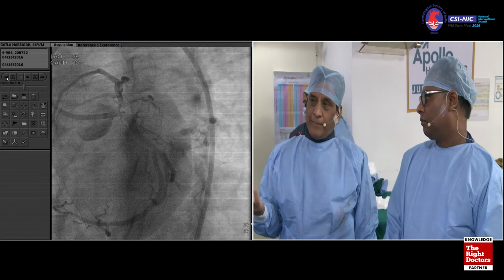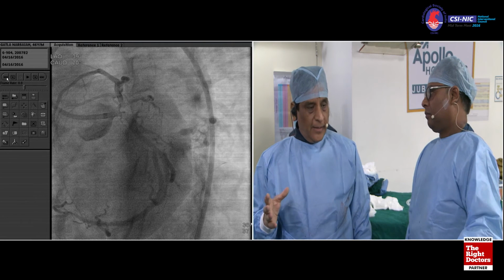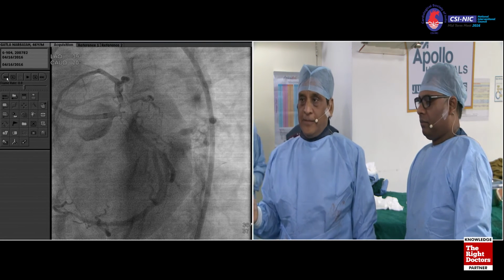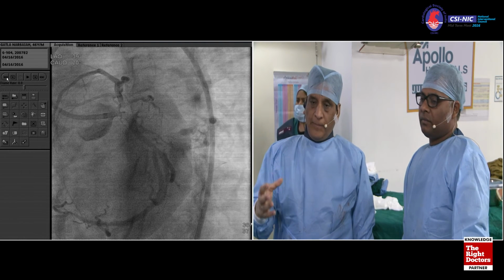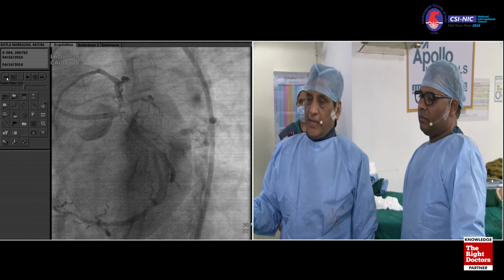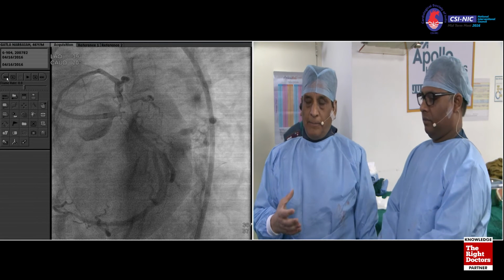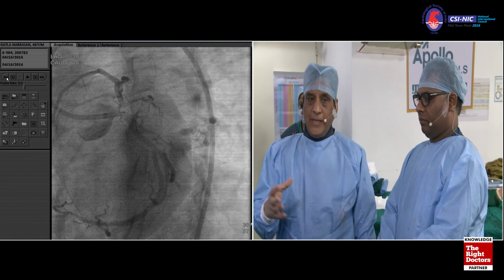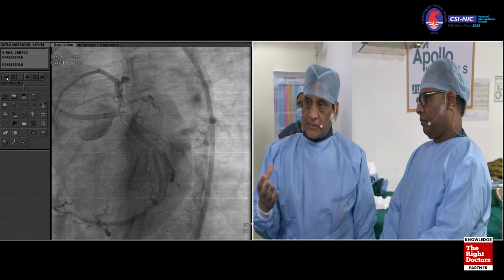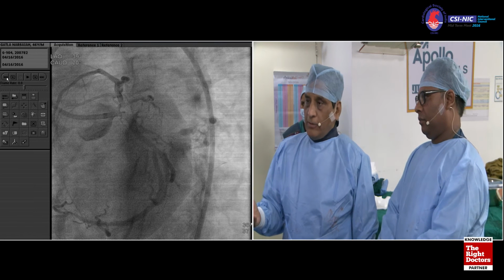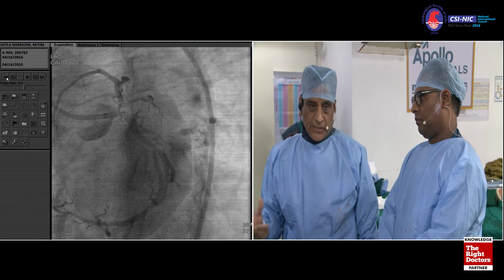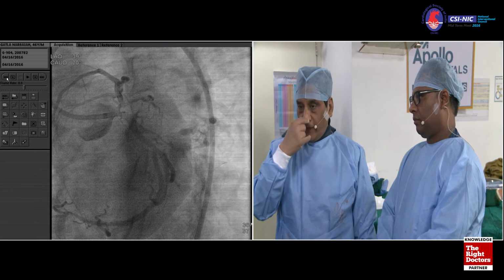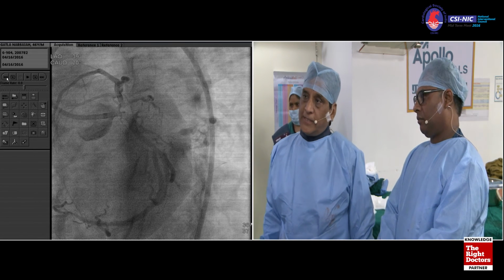My feeling is that in STEMI patients, although there is clearly no direct head-to-head comparison, some studies have shown that prasugrel gets platelet aggregation inhibition faster than ticagrelor, and some papers have shown it the other way around. So particularly in this case, which came with a STEMI and was started on prasugrel, I will continue that, and I would probably do the same thing in the United States. If it was a non-STEMI with this bifurcation lesion, I would definitely go with ticagrelor.